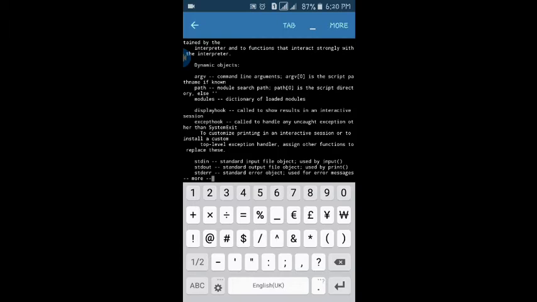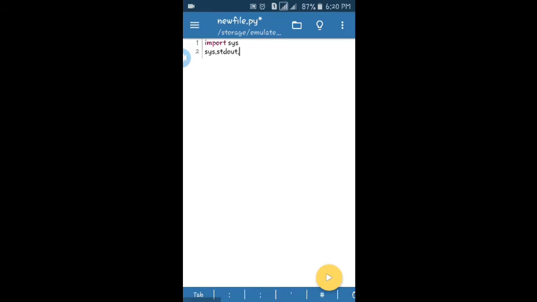That is stdin, stdout, stderr. Stdin means the standard input file object used by input. Stdout is the standard output file object used by print, and the last one is used for error messages. Okay, let me show you how to use them.